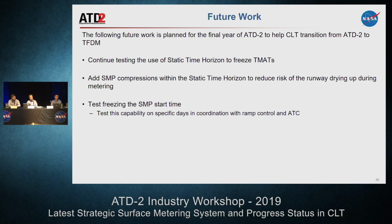What was a worst case scenario for metering? I would say probably cases where they're swapping fixes a lot, because we don't have accurate prediction of which runway a flight's going to. So it's hard to know what the demand is going to be at each runway. You were bringing up miles in trail and how that would affect it. So the case was where there's miles in trail in the overhead stream, or